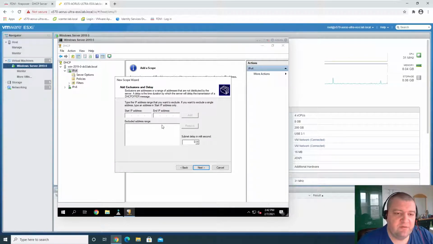So we want to add 10.192.172.1 start of the exclusion, and end is going to be 10.192.172.100. So everything in this range will not be handed out, and then after that